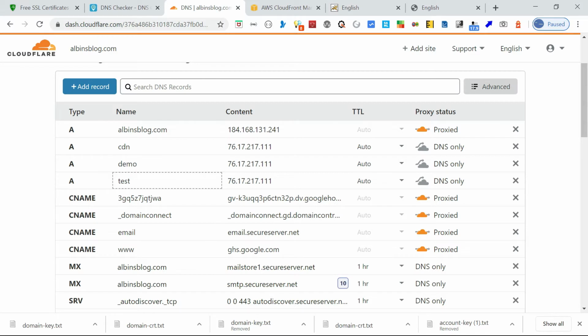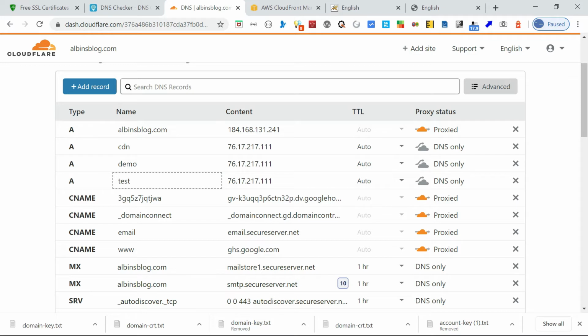Yeah, so I have the test domain pointing to my server, and the CDN domain also pointing to the same server right now. Once the CloudFront configuration is enabled, we need to convert the A record for this test domain to a CNAME record. We need to have an SSL certificate to enable the CNAME domain in CloudFront. So let's create the SSL certificate.